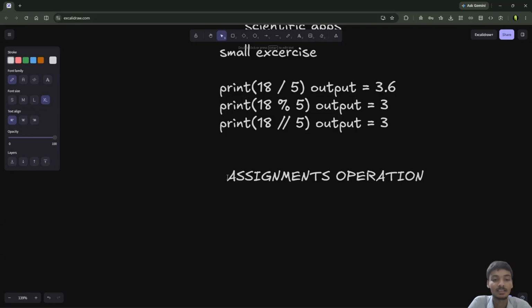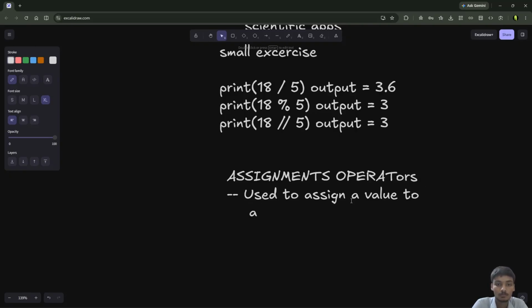From the word, it is already telling that it is used for assigning things. So for the technical definition, you can say that operators are used to assign a value to a variable. Okay,